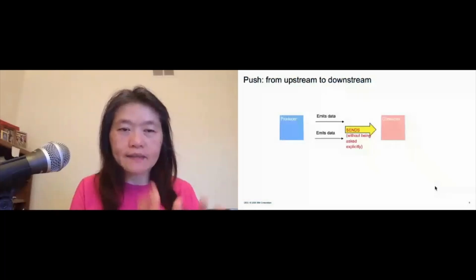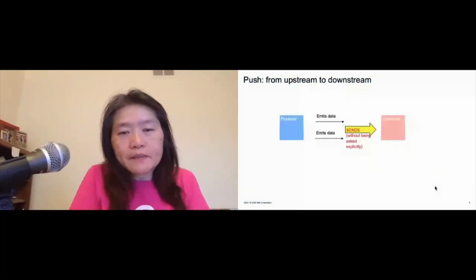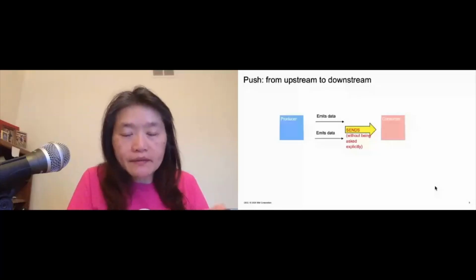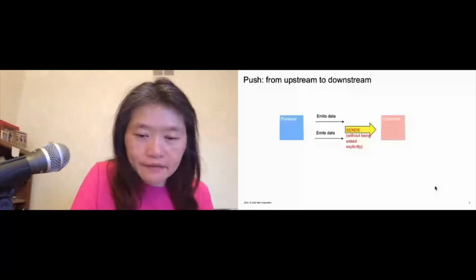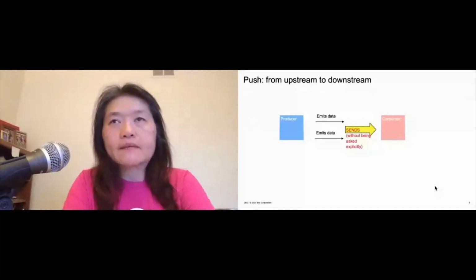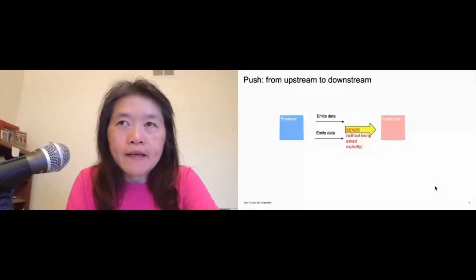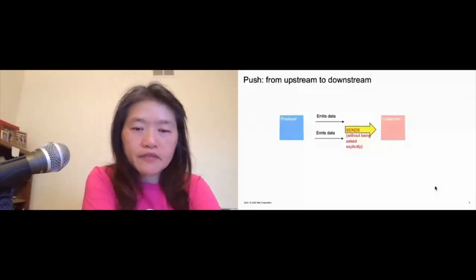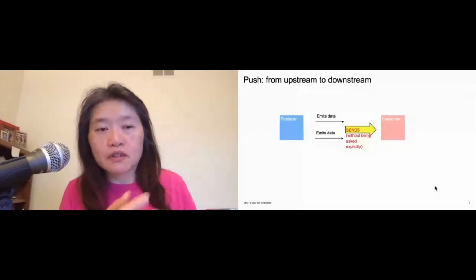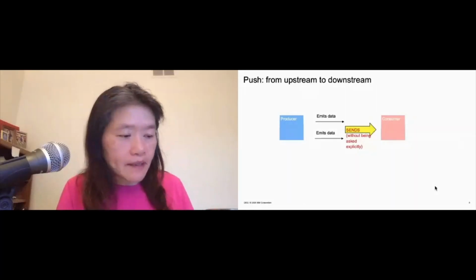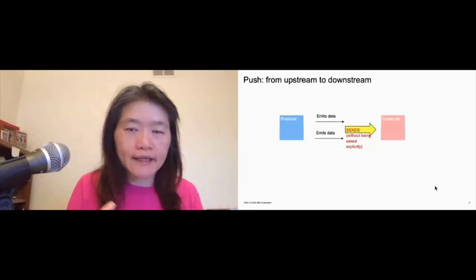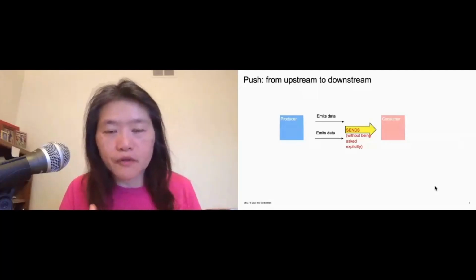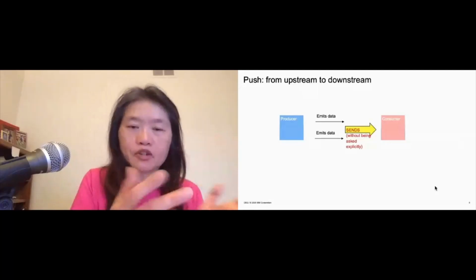And like I said, push very often emits data without knowing whether the receiving side needs it or not. For example, with your cell phone, we have push, in which we're not asking for it, but your cell phone provider has certain updates that are pushed to your phone without you asking. That's a push model in that sense.